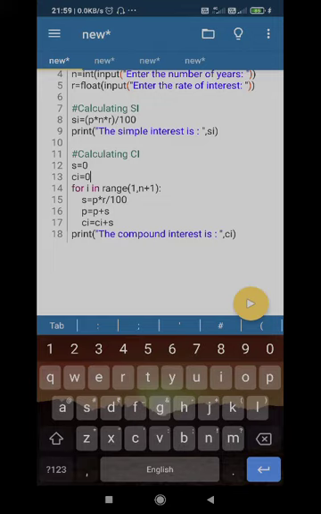So the compound interest will be CI. P will change, the principal amount will change. So the next time the S value will be different. Then in the third year a new S value will be generated. So the interest generated every year is different, and that new interest is added to CI, and that would be your compound interest. I hope you understood this. If you know how simple interest and compound interest can be calculated, then this program will be clear to you.